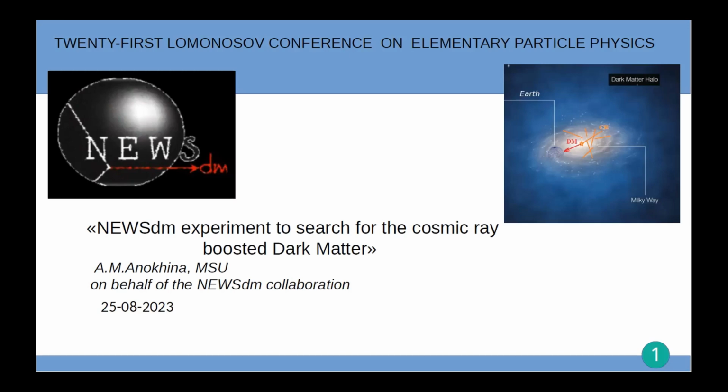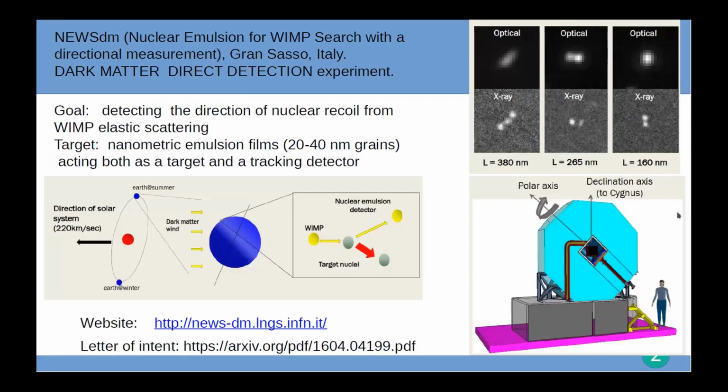Good afternoon. I would like to present to you the possibility of the NEWSdm emulsion experiment to search for cosmically boosted dark matter. The NEWSdm experiment is the nuclear emulsion experiment for WIMP search, with a directional measurement carried out in Gran Sasso laboratory in Italy. The main goal of this experiment is detecting the direction of nuclear recoil from WIMP elastic scattering. WIMPs are weakly interacting massive particles, hypothetical particles